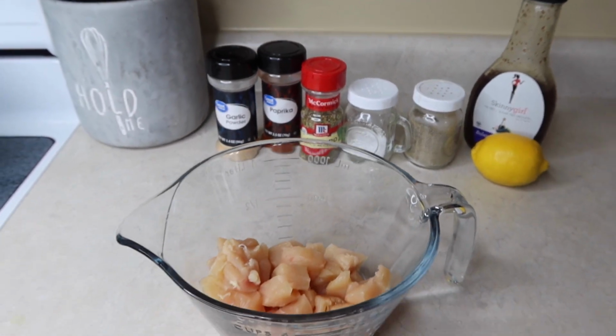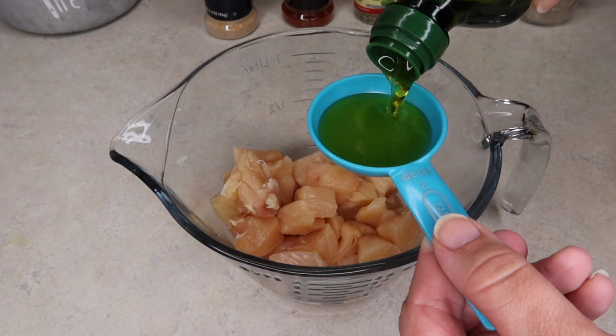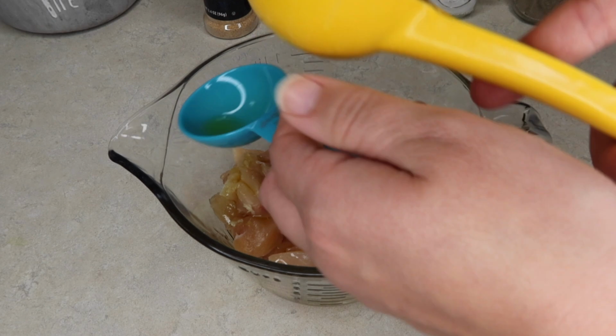The recipe I'm following called for red wine vinegar, but I didn't have any, so I thought the balsamic would do good, and it actually turned out really good. So I used about 3 tablespoons of olive oil. After I had chopped up all those chicken pieces, I just put them in a bowl and mixed all these